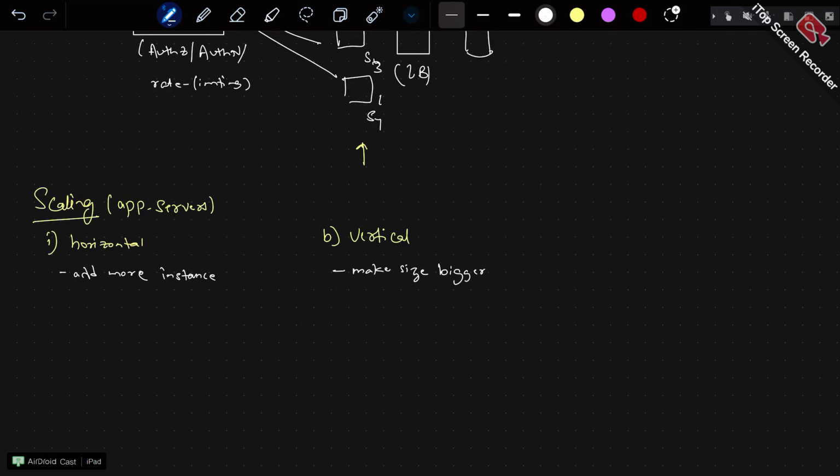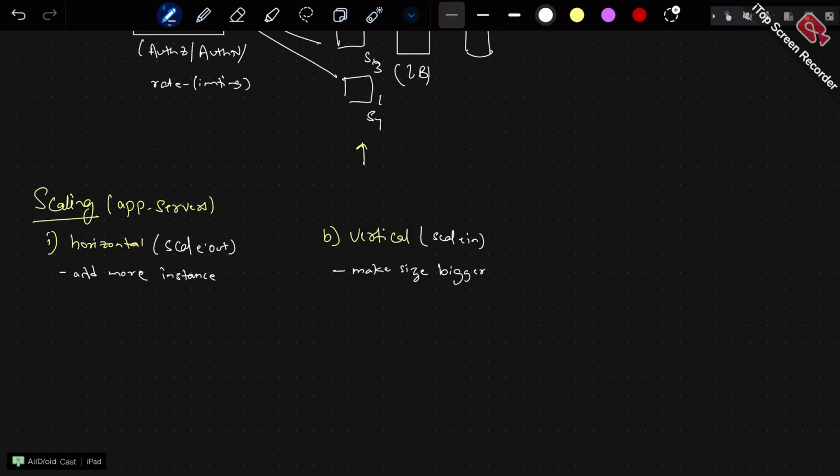Right. Exactly. So basically, it is called making the size bigger, right? So this is also called scale out. You might be hearing this a lot. So this is a scale out feature of your application, and this is scale in. That means you are scaling inside the same hardware. You are making it more and more bulkier.